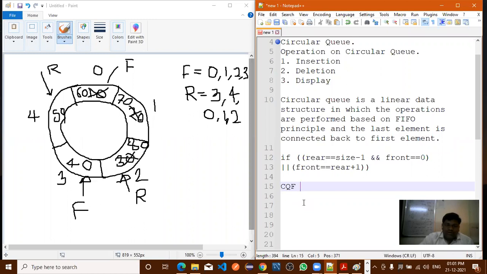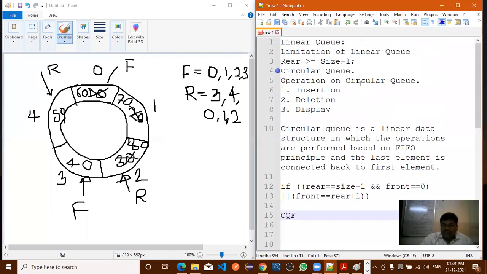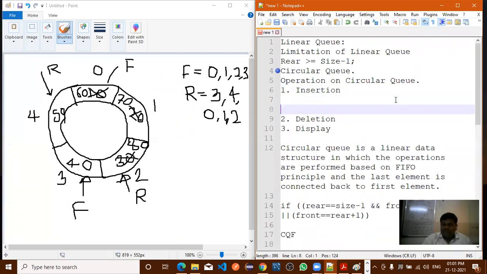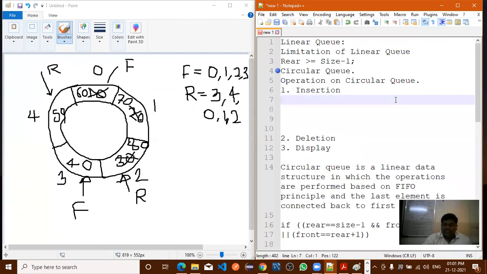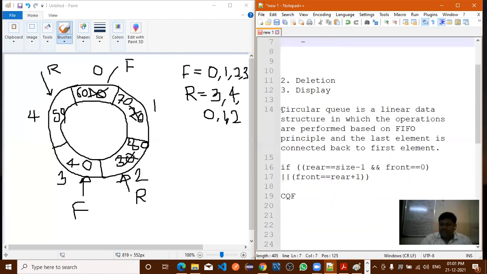So how to check the condition, or how to check whether the circular queue is full, right? Yes, sir. In case of circular queue, right? Now the first operation. How are you performing the first operation? We'll see in detail. What is the first step in the insertion? When you are performing the insertion operation, now we'll see all the operations, right? I hope all of you understood the definition. The definition of the circular queue is very simple.